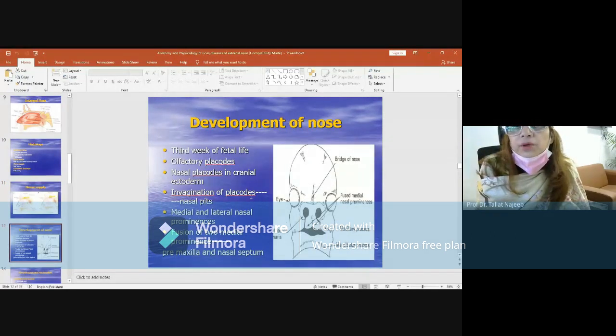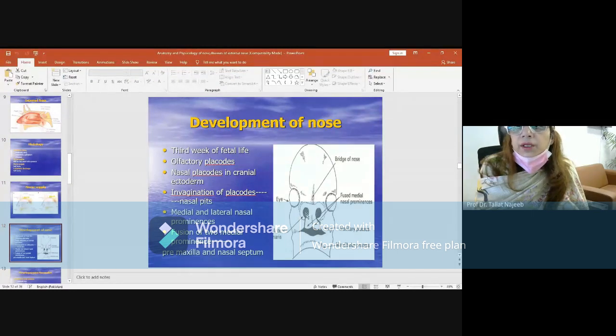Then development of the nose is important because there are certain developmental anomalies. A child below 2 years can present with these anomalies. So the nose develops in the third week of fetal life. There is an olfactory placode,